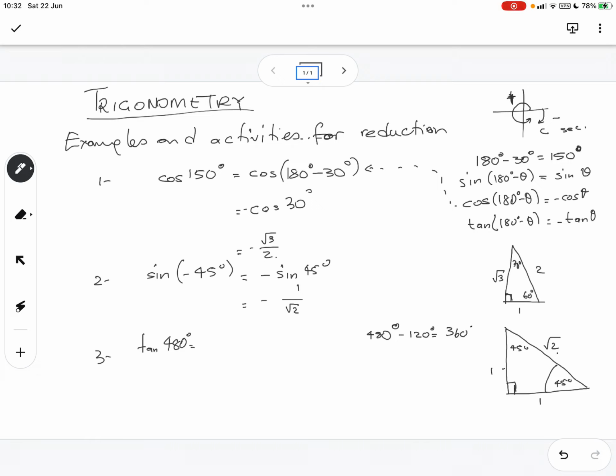So we can use that information to reduce this angle. So we're going to write 360 degrees plus 120 degrees. Then it reduces us to